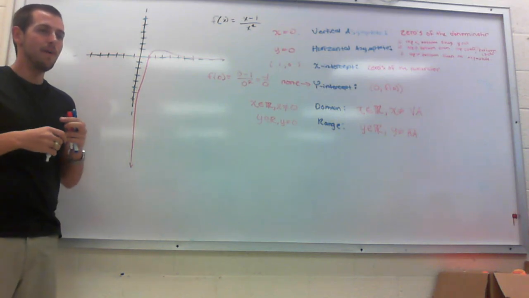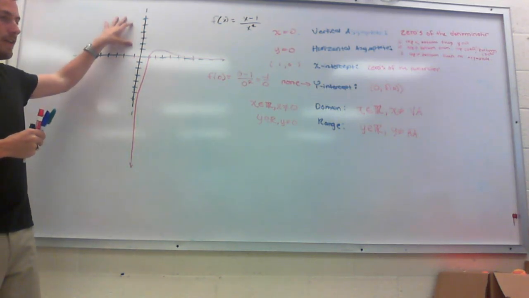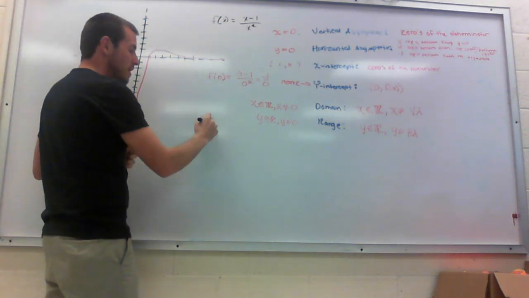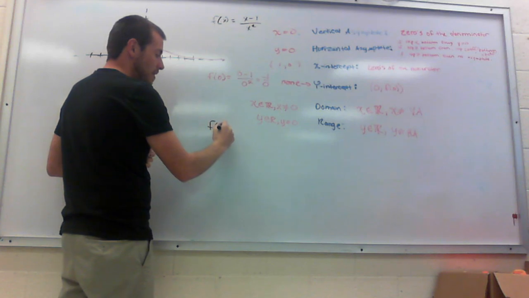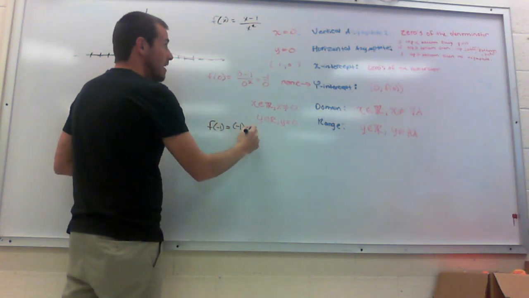If I put -1 into the function and it is positive, I know my function is occurring up top. If it's negative, I know my function is going to occur on the bottom. So let me go ahead and find out my test point. Let's see, f of -1 is what I'm solving for. I plug -1 into x